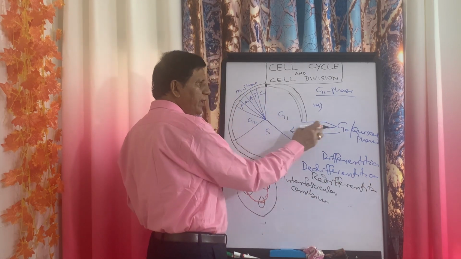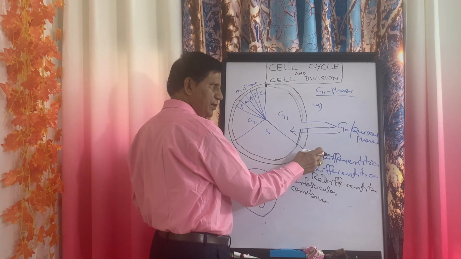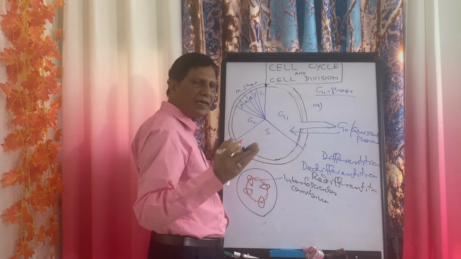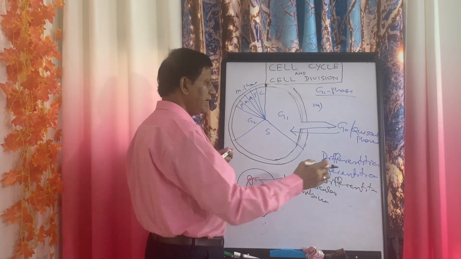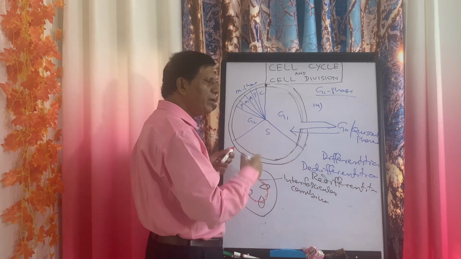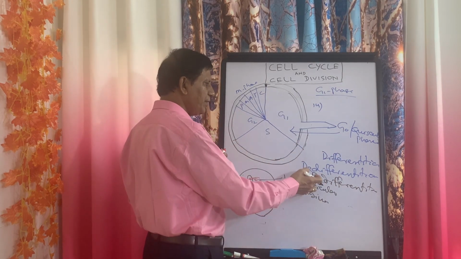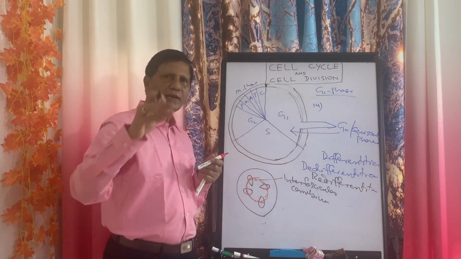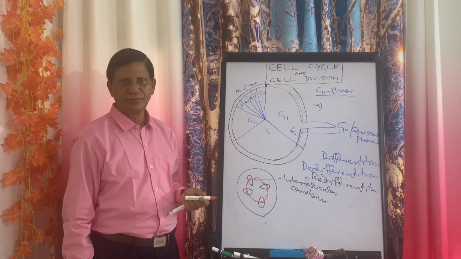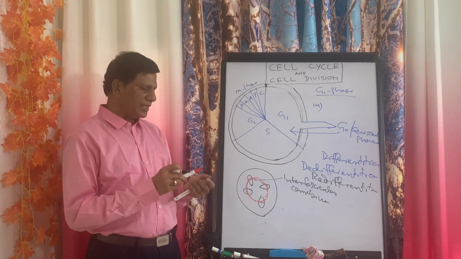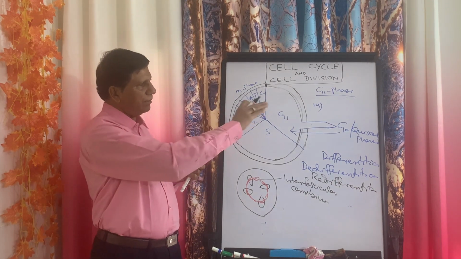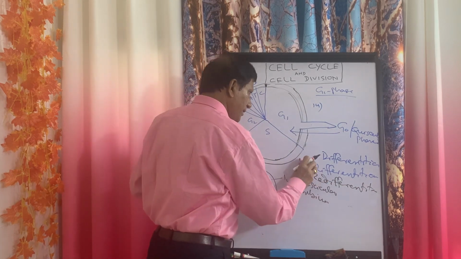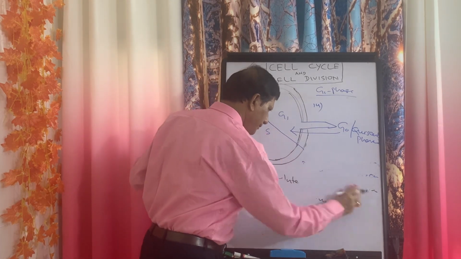So from G1, when it enters G0 phase, that is differentiation. If it is called on to return back, like at the time of injuries, then it is de-differentiation. Again, when it gives rise to new cells, it is redifferentiation. These three terms are important, again in case of anatomy. So, if the cell decides not to divide, it will enter into G0 phase, and all these things will take place. But if it decides to divide,